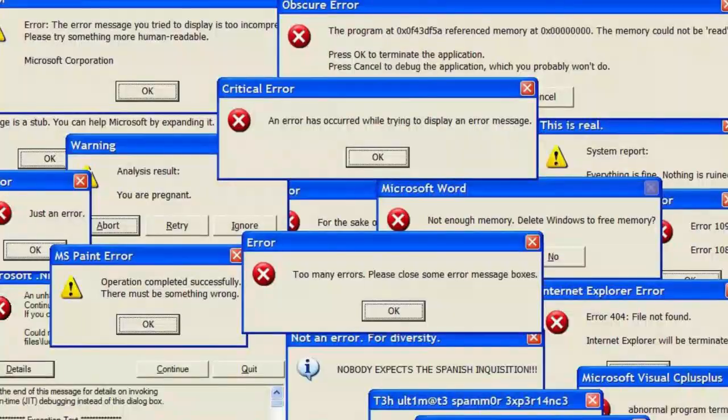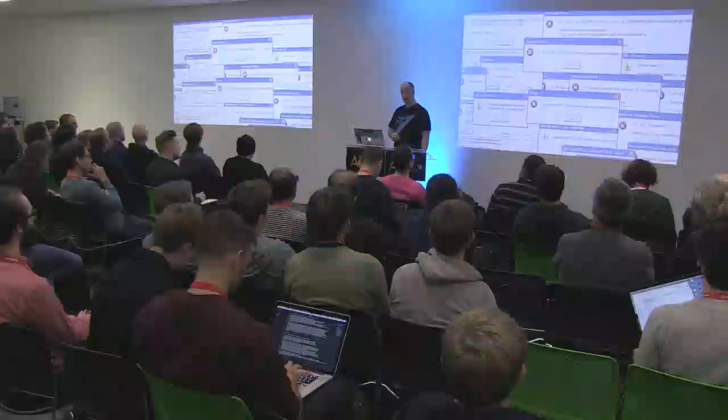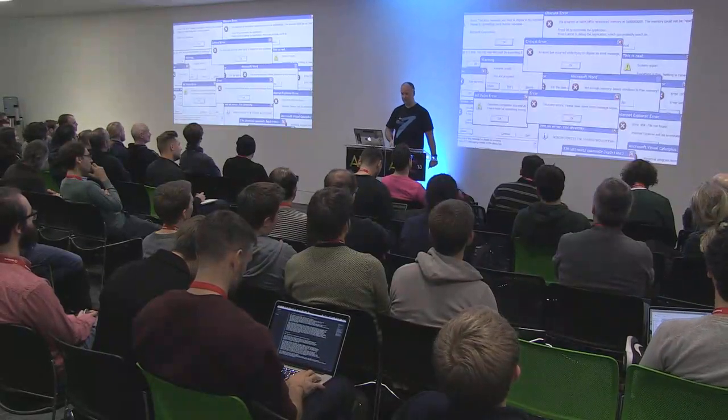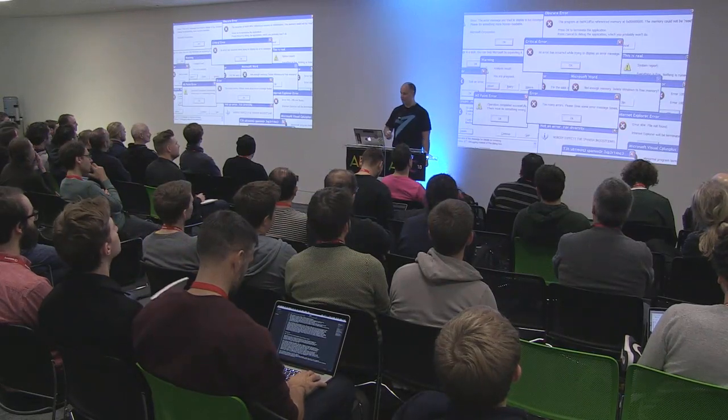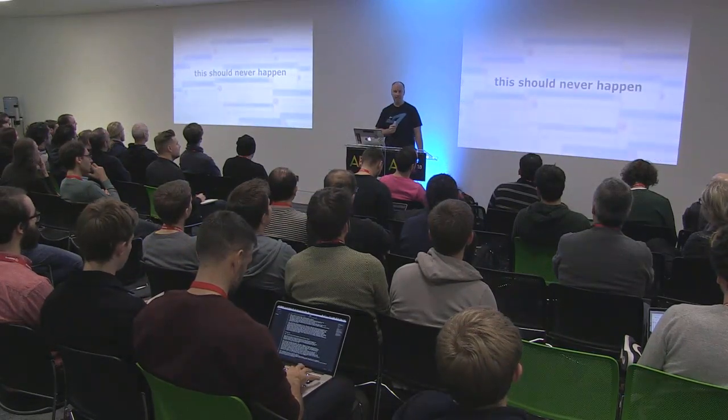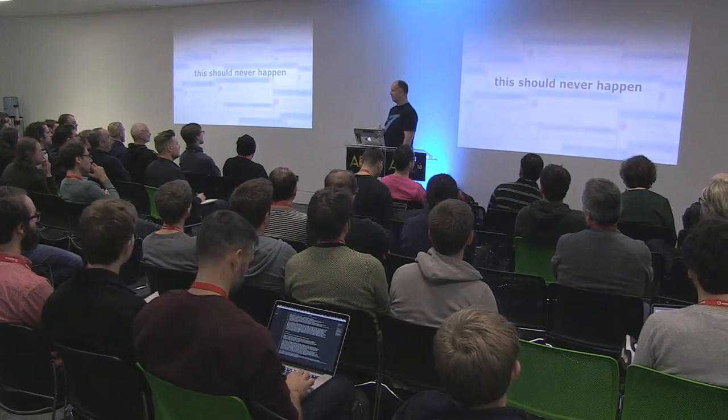What we're going to do is look at some of the characteristics of certain buckets of error so that we can reason a bit more clearly about what type of error handling approach we need, and ultimately whether we can try and unify those approaches. So an old favourite of mine, the classic "this should never happen" error. Now, I'm sure we've all seen this. We've probably written this message ourselves, and I'm sure our users have seen this from time to time, which is a bit of a problem.